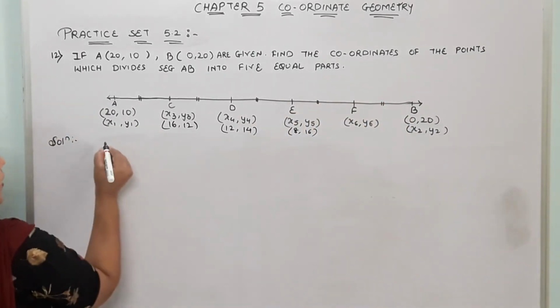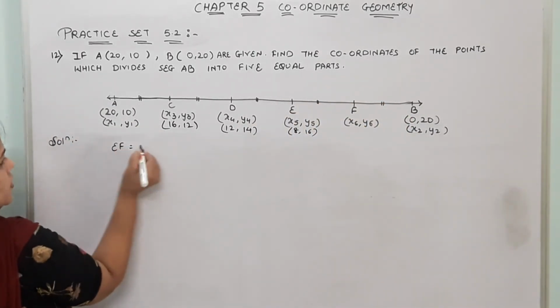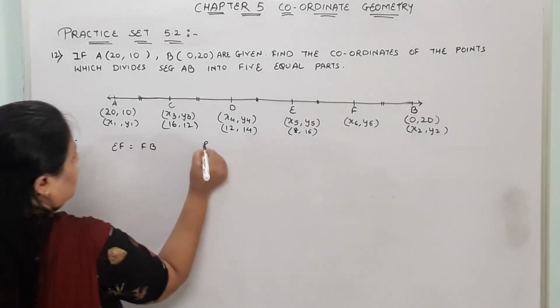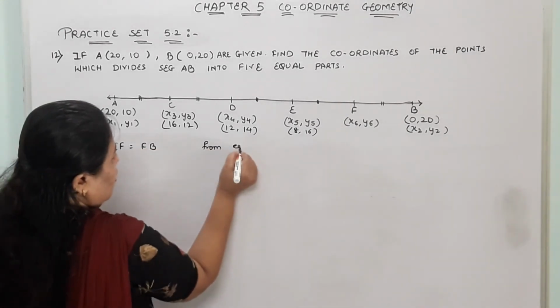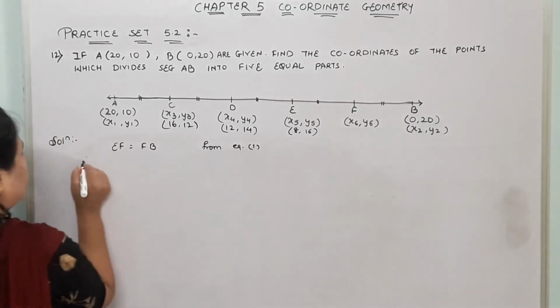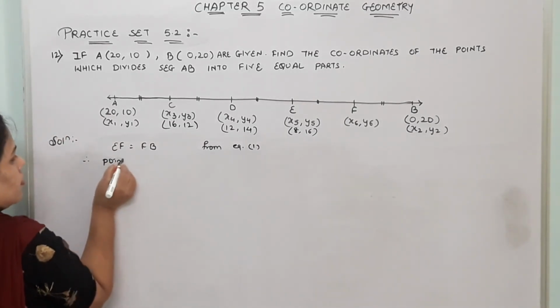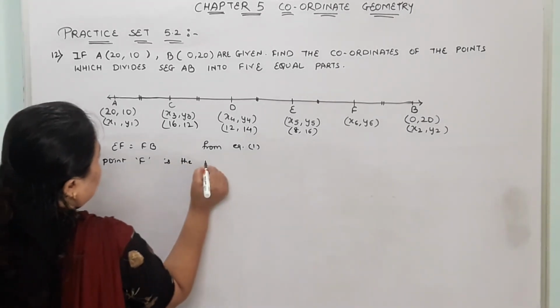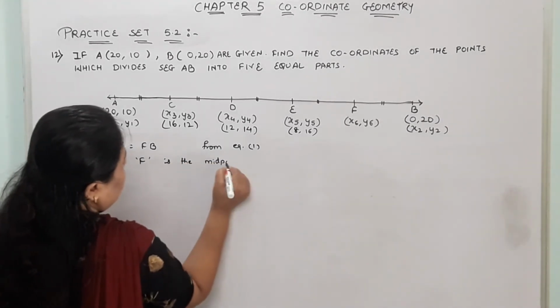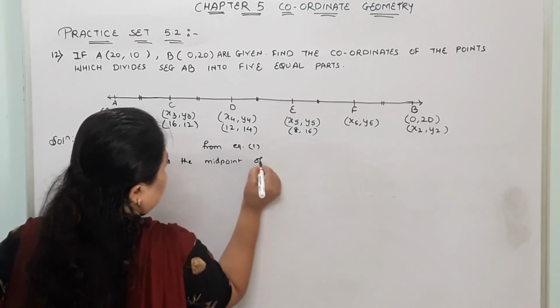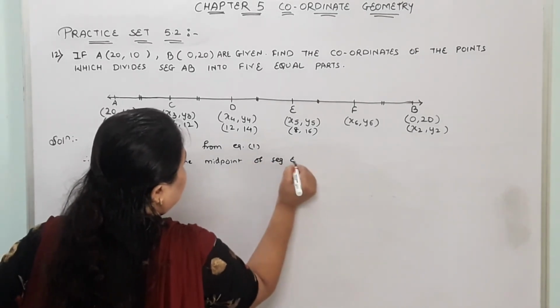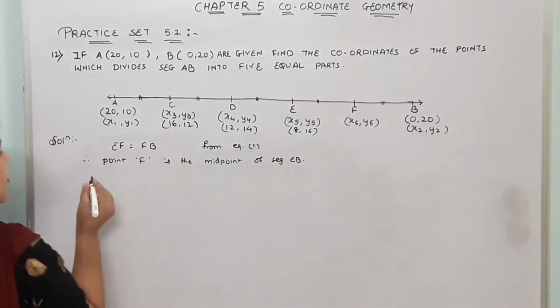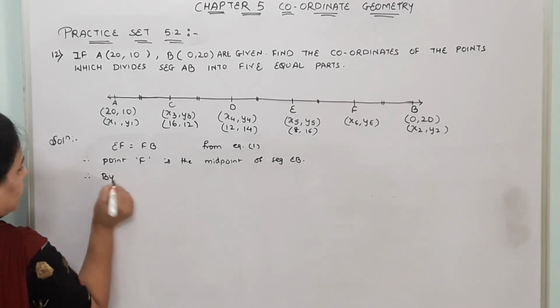So we'll write EF is equal to FB from equation 1. Therefore point F is the midpoint of seg EB. Therefore by midpoint formula,